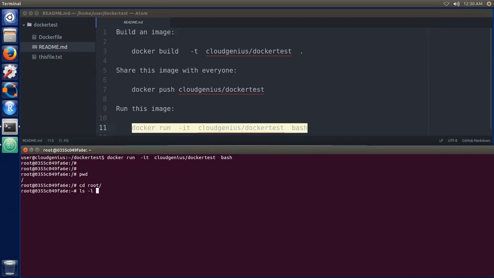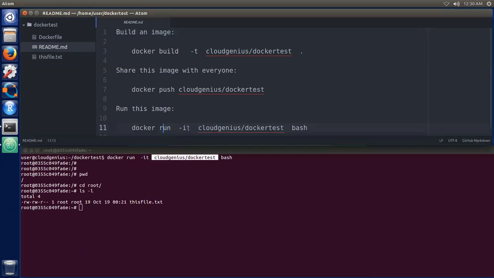And I should be able to see that file that I expect to see, which is this file.txt. That file is available in the image. As simple as that. You should be able to, by now, have downloaded that and run this one line, which